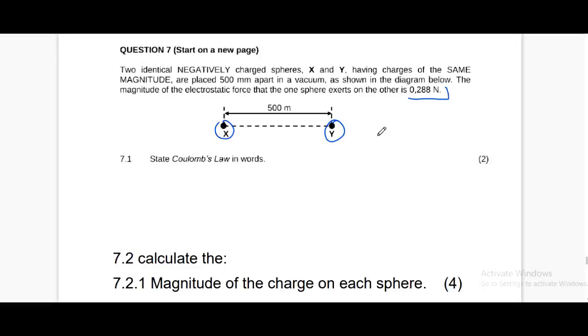When you state Coulomb's law in words, you can first write it with the aid of the equation, and then state it looking at the equation. You say that the magnitude of the electrostatic force is directly proportional to the magnitude of the product of the point charges and inversely proportional to the square of the distance. So without wasting time, we say